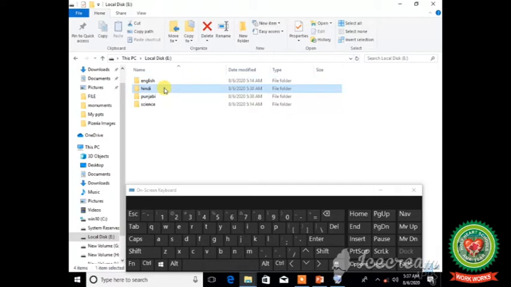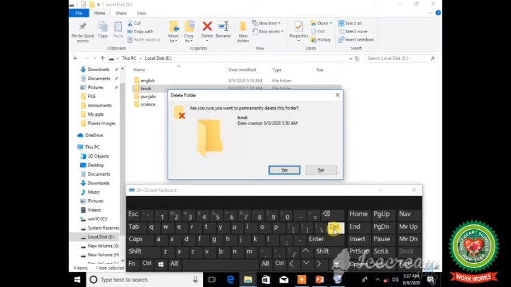So select the folder by clicking on it and then press the Shift plus Del key from the keyboard. After pressing, again a confirmation dialog box will appear on the screen asking whether to permanently delete this file or folder or not. And we will click on the Yes button.